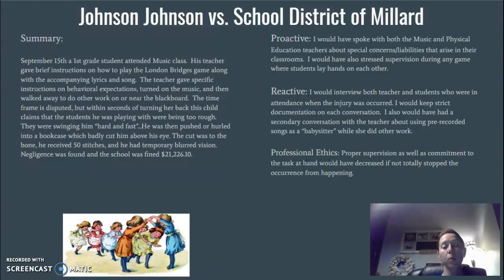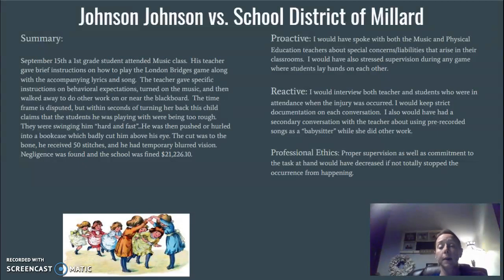but within seconds of turning her back, the student claims that he was being handled too rough and that they were swinging him hard and fast. He was then pushed or hurled as they released him from the bridge position into the bookcase and badly cut above his eye. The cut was to the bone, and he received 50 stitches, and he had temporary blurred vision. Negligence was found on the part of the school teacher, as she was not properly supervising the students, and the school was fined